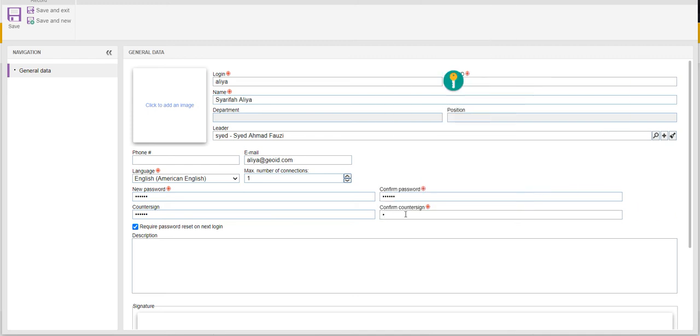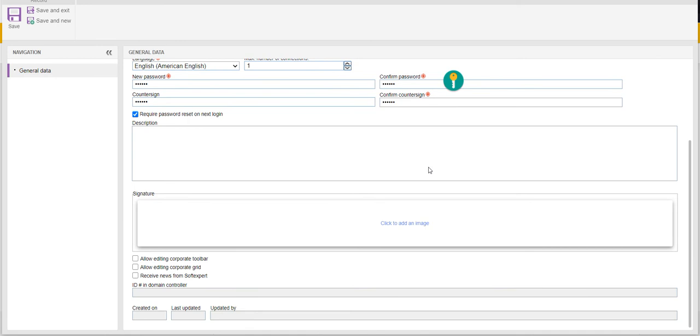This key allows you to approve transactions that require more than one authorizer. Now, if you want to allow her to change dashboards, click on this, as well as to receive notifications from the system. After you have entered this data,